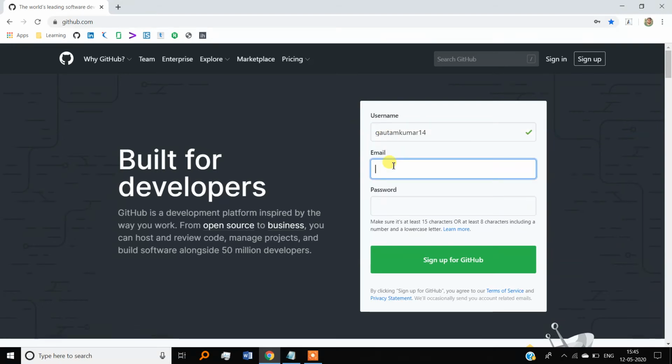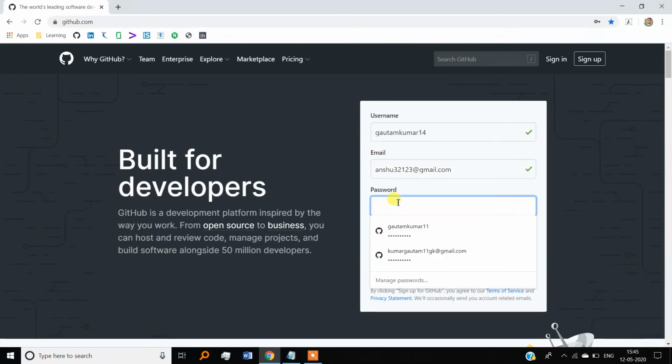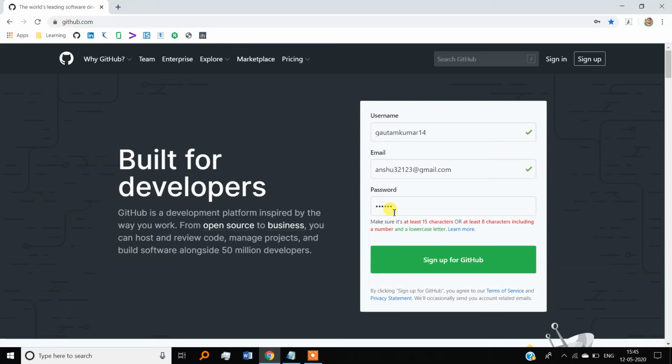Enter your email. See, after typing the password, it's giving a warning here in red. Read it, make sure it's at least 15 characters, or at least 8 characters, including a number and a lowercase letter.